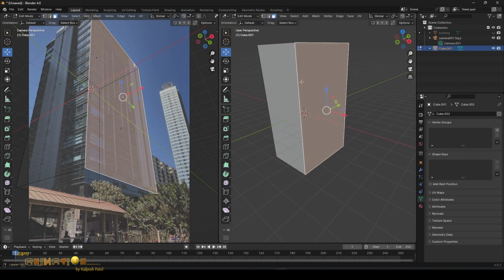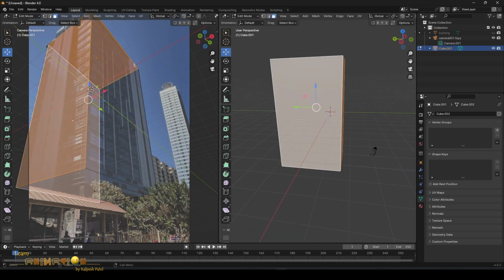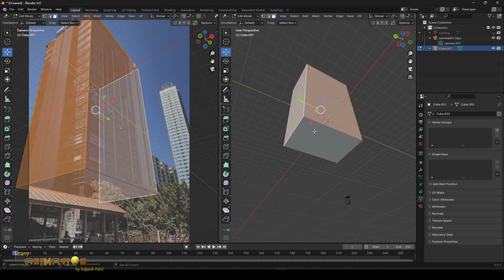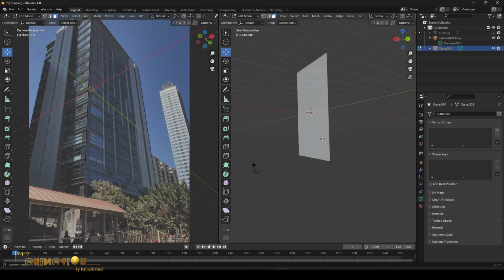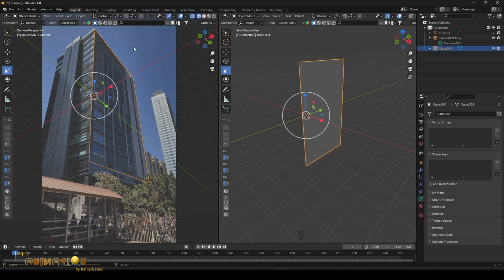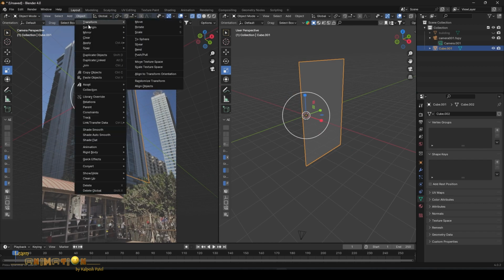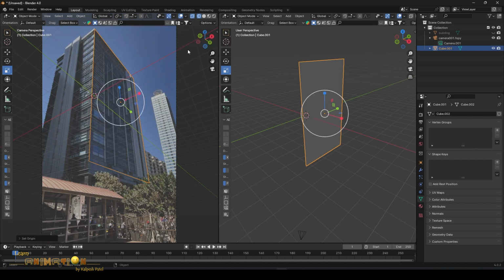Go to edit mode and delete all the other faces of the cube. Now we have the front face to create the banner. Before we go, go to Object and set origin to the center, so origin to geometry.